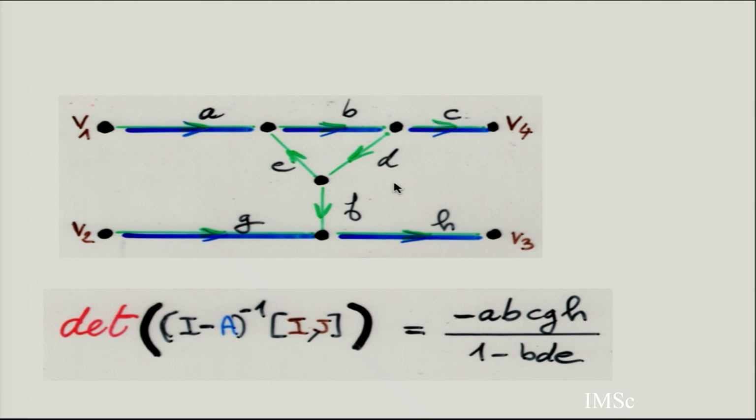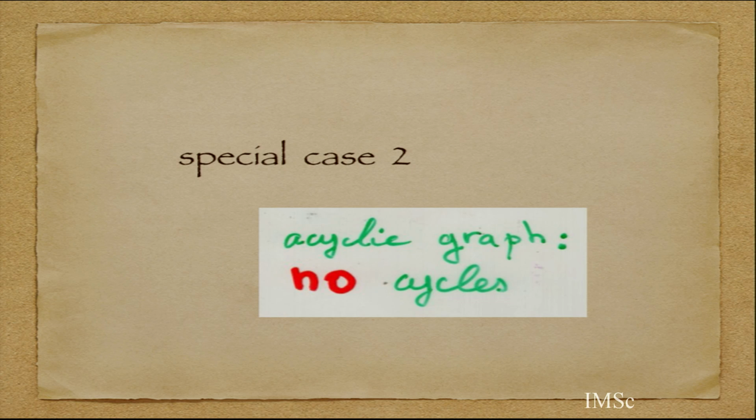This example comes from a paper of Talaska in 2002. I will quote some of it. Special case number 2, an acyclic graph. Suppose there is no cycle, a directed acyclic graph. No cycle means